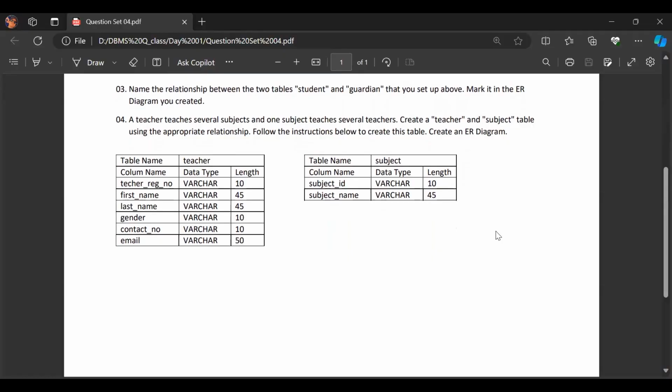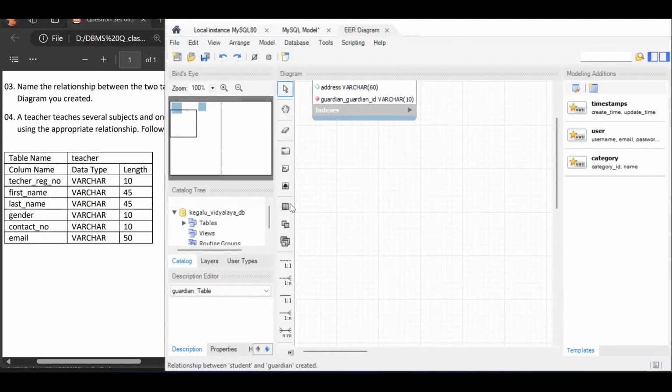question. In the last question, it says a teacher teaches several subjects and one subject is taught by several teachers. We are to create a teacher and subject table using the appropriate relationship, following the instructions below. Create an ER diagram. They have provided us with some instructions to follow, and then create the table. To create the teacher table, click on this